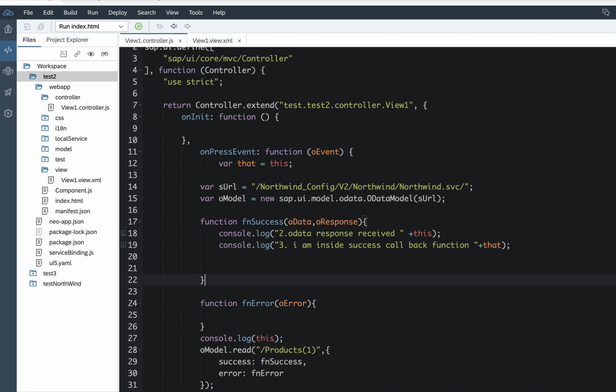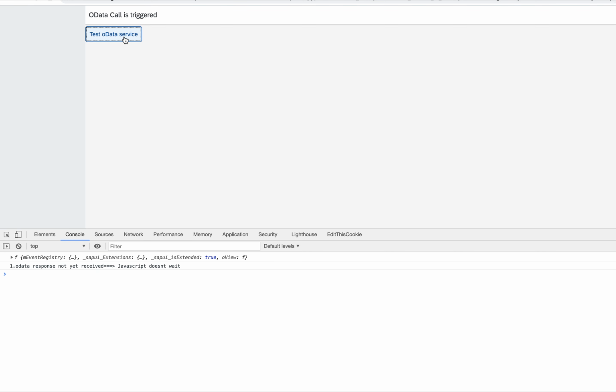So this is the significance of using the that variable inside a SAP UI5 application whenever we have an OData method call or any REST API call placed. So let's click on this and let's see what is there.